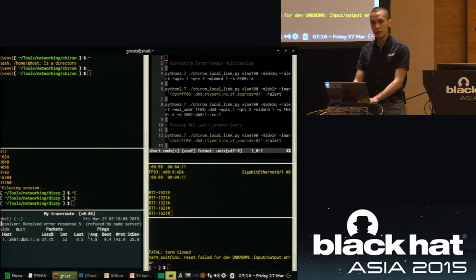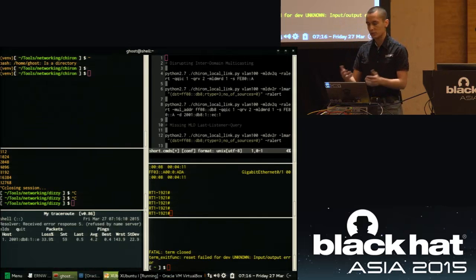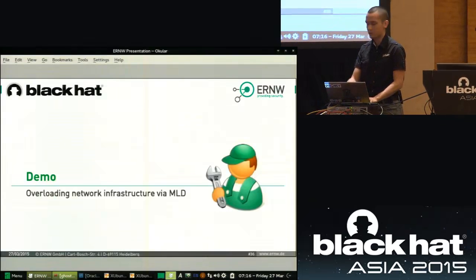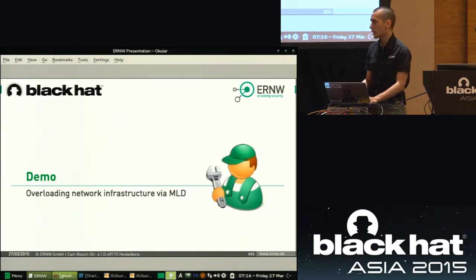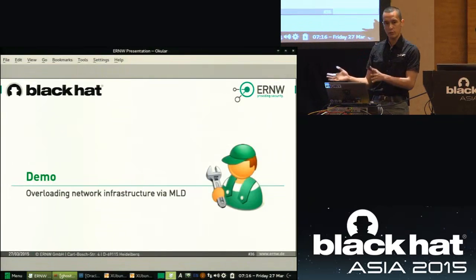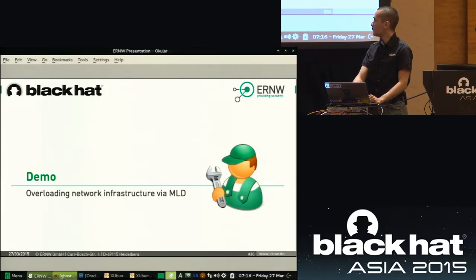And some people in some data centers were really having problems with MLD, causing their switches and their routers to behave weirdly, especially their switches. Like spanning tree protocol no longer working. And as you can see here, that's not just theory or fear-mongering. It can happen. It can overload the router and even the switch.